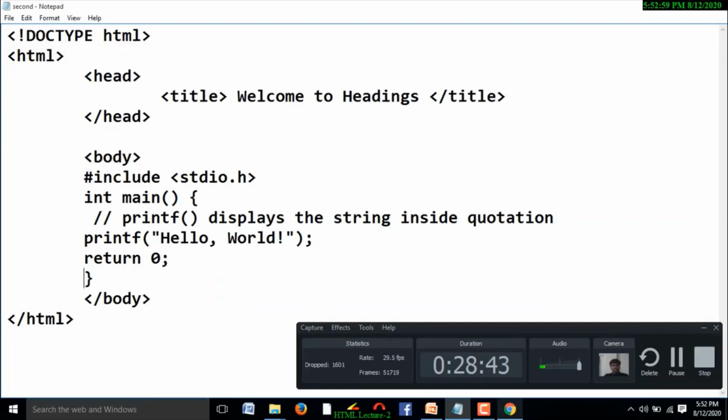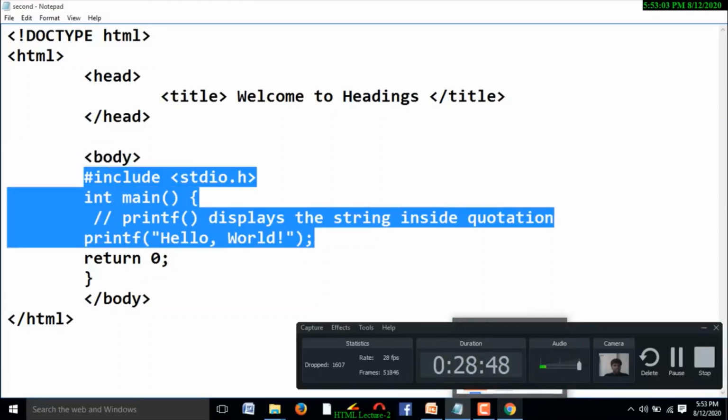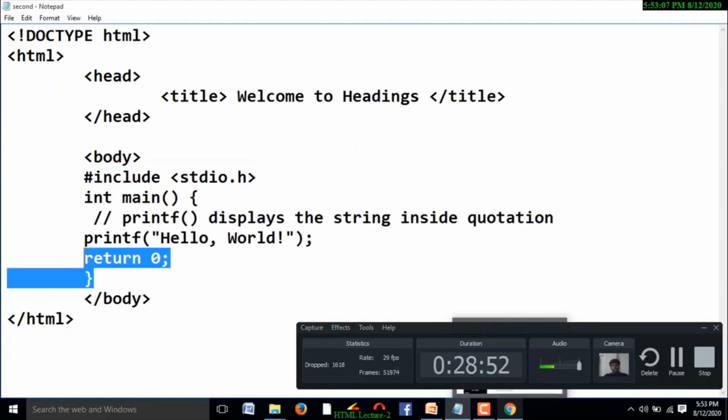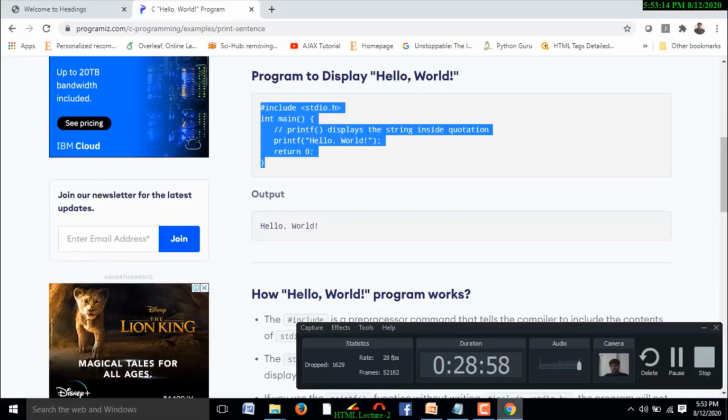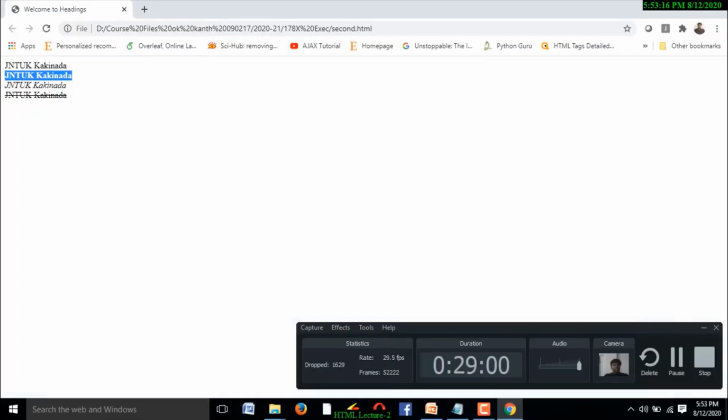See, inside the body, what I mentioned here, I mentioned a C program. C program is what? A source code, right? This is a .c file, assume like this, and here I am going to refresh it.